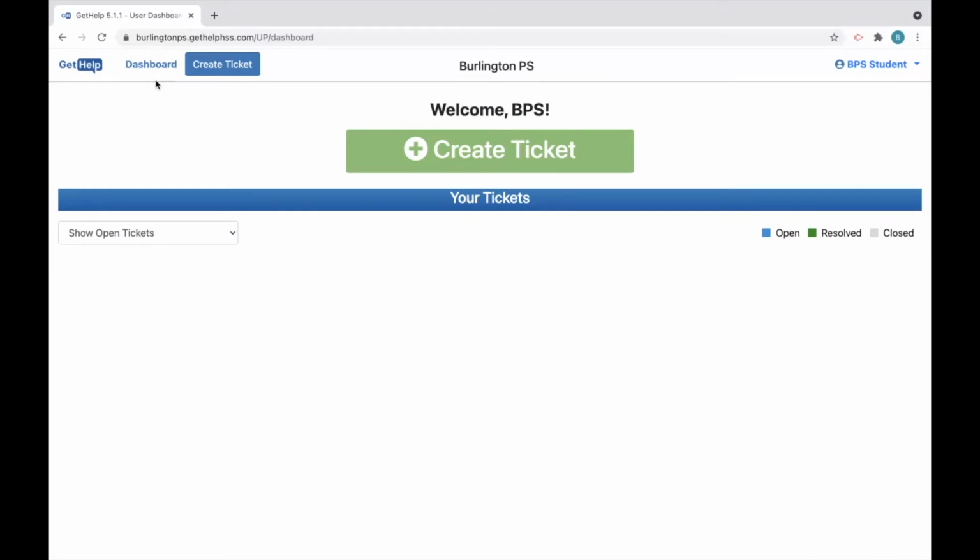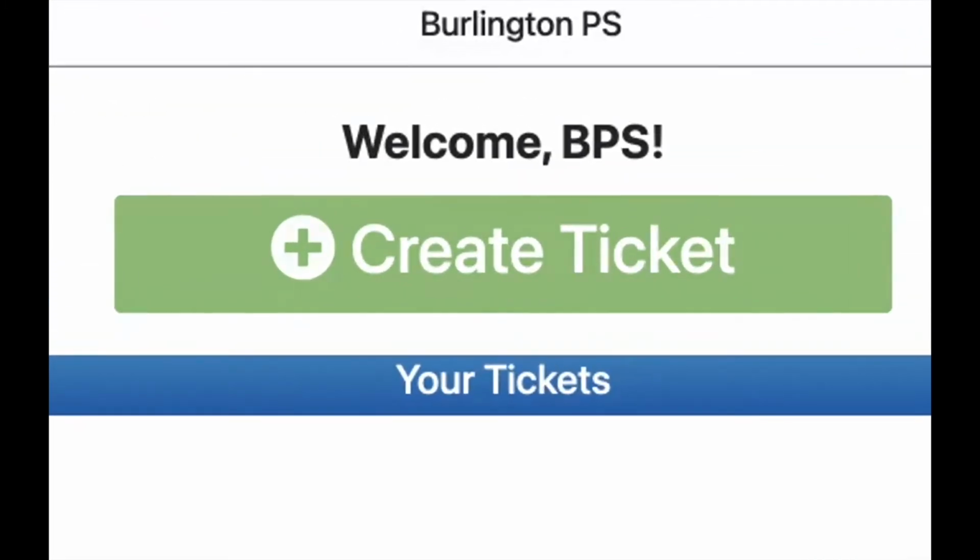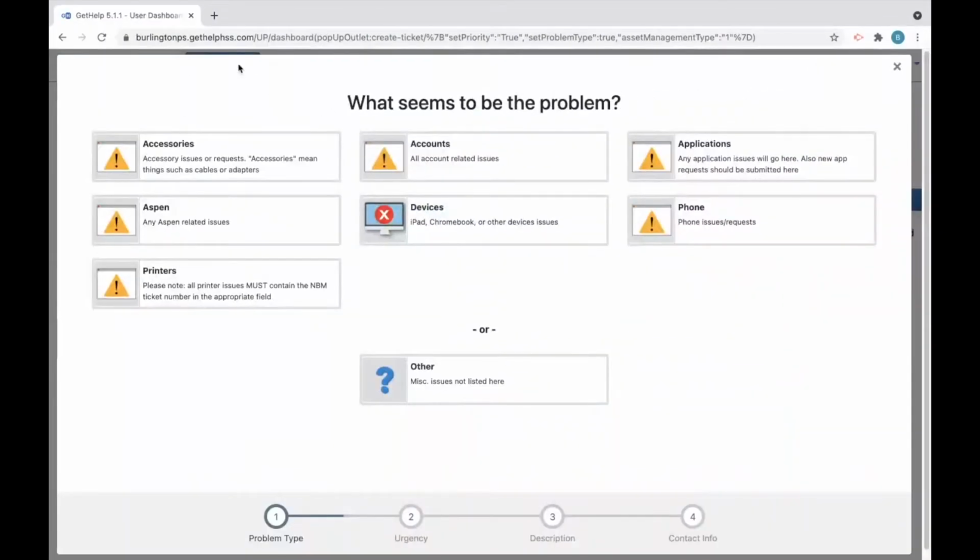Now, to begin to enter a ticket to report your trouble that you need support with, you can tap on the blue Create Ticket or the green. They both lead you to the same spot. The next few screens that I'll take you through are categories and fine-tuning and filtering of the problem that you're reporting. That way your school's IT technician will know best how to troubleshoot any materials he might need